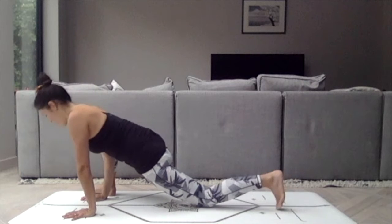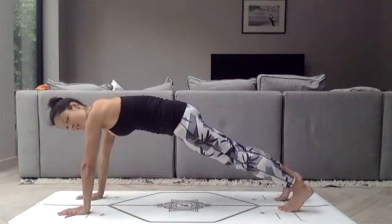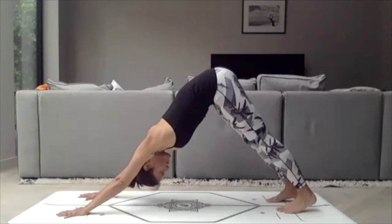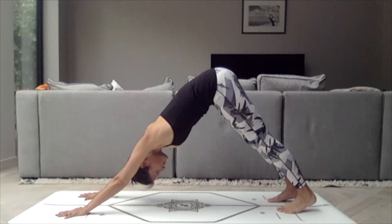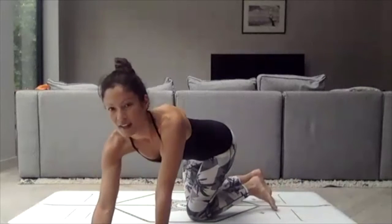Exhale 5. Nice. Tucking under the back toes, bring the right foot all the way back to meet the left, and then join in a downward facing dog, everyone come together. Inhaling, and exhale, let that side go. Inhale, and exhale. Last breath here, inhaling,